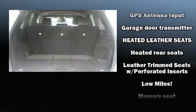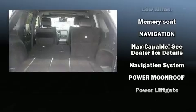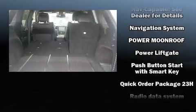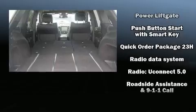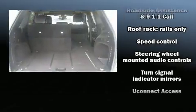Curtain airbags combine with standard stability control in creating a comprehensive safety network. This vehicle has achieved certified pre-owned status by passing a comprehensive certification process, including a rigorous